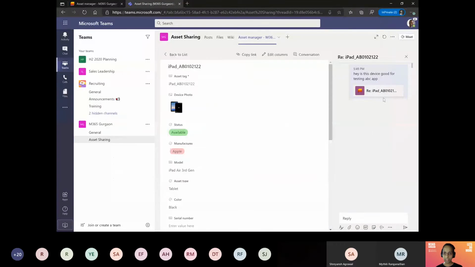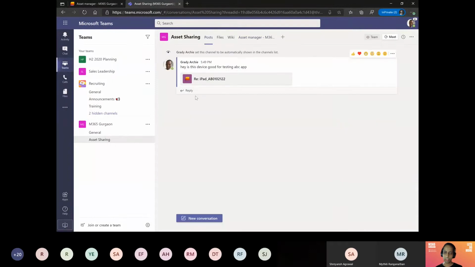And what happens is this discussion is not only visible in this particular right pane, it is also present in the channel, which all the team members can see. So not only this one person will see it, but other folks can also contribute to it.